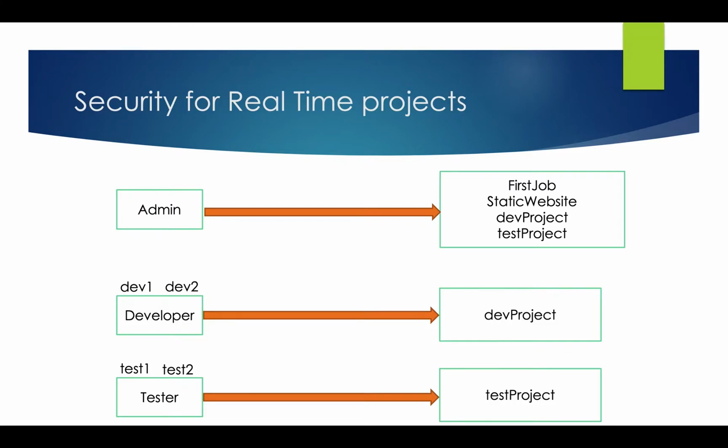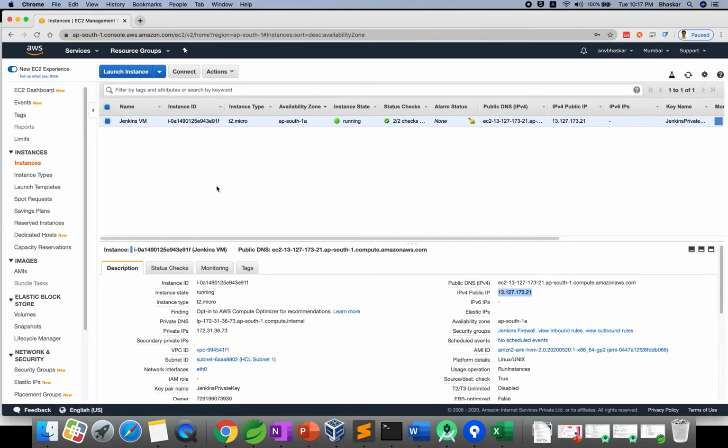Okay, let me start my machine. In the previous section we created Jenkins in Amazon EC2. We ran the scripts, and how to run everything I explained in my previous sections. If you are watching this video for the first time, please watch the previous videos, then you will understand this is a continuation, one by one. If you are not using the machine, just stop it. Whenever you need it again, you can start the machine, so that your VM consumption is very low.